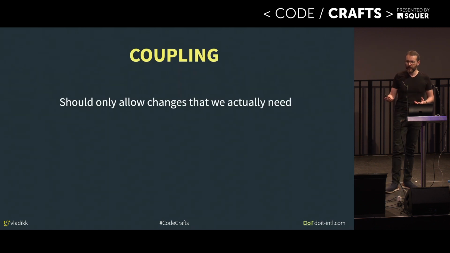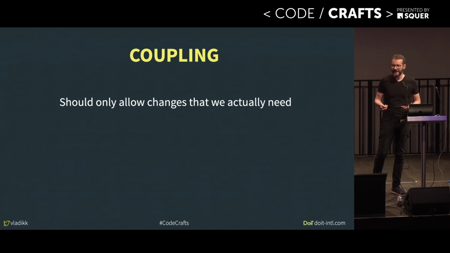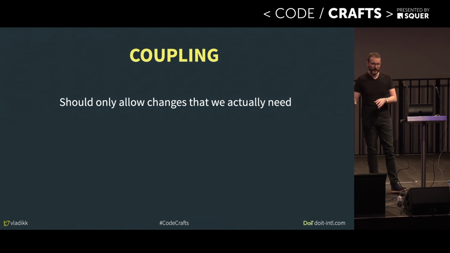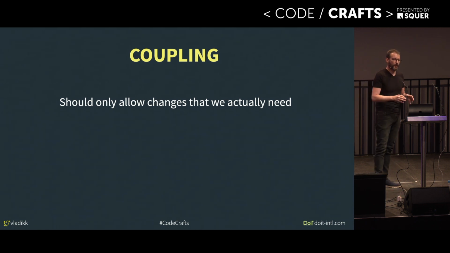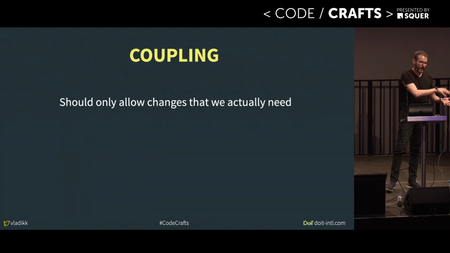So when designing coupling, we want to try to allow only the changes that we need in the system. For example, we can try to anticipate future business requirements or changes in business requirements and try to make them possible. Try to support them with our design, how the components are coupled. Usually in a way of encapsulating the affected areas in one component and trying to prevent cascading changes from happening,